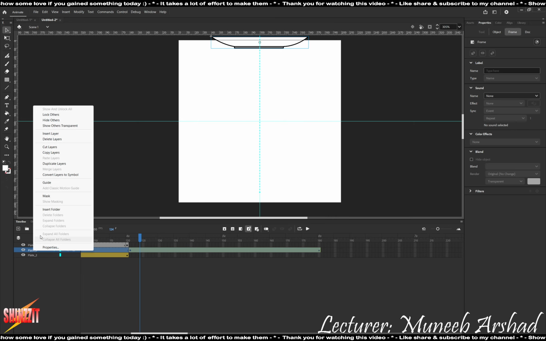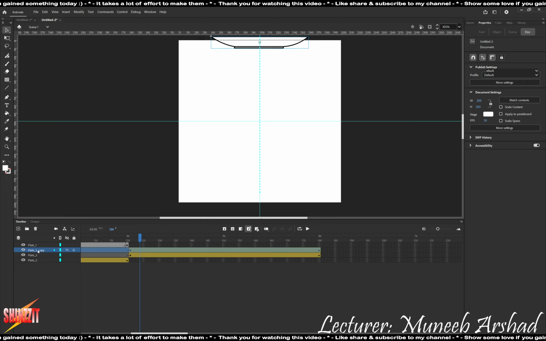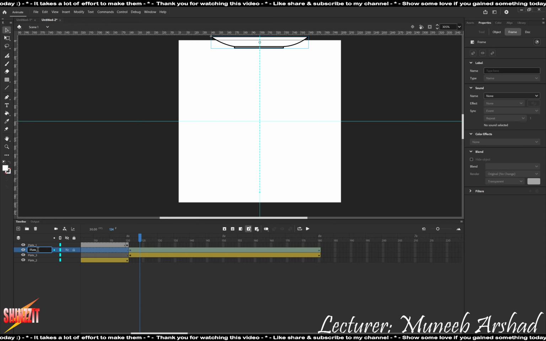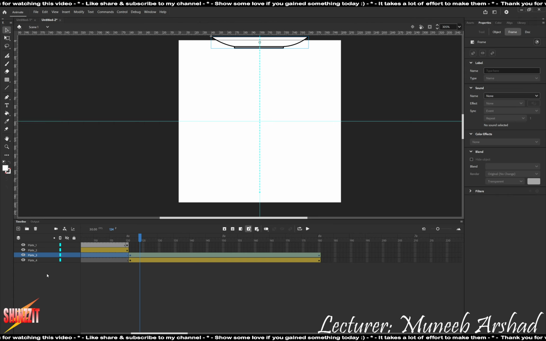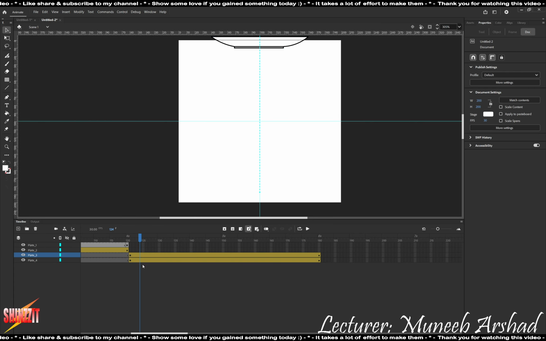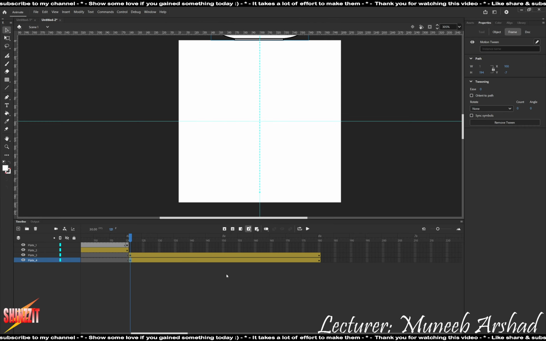Right. I'll just create another duplicate. Rename this to plate 4. So 1, then 2, then 3, and then 4. Change the order as well. Duration of the fourth plate will start appearing from